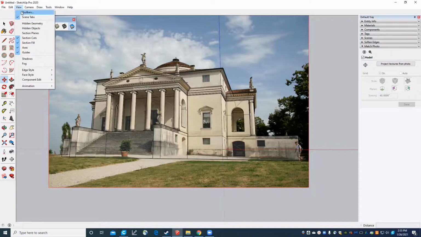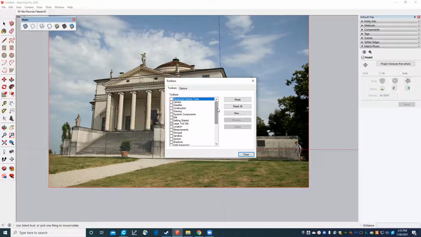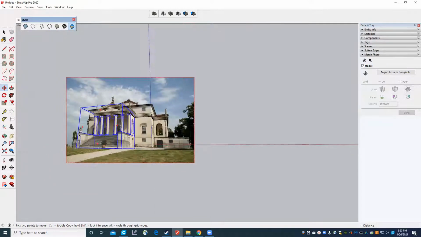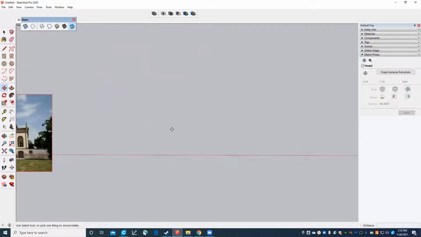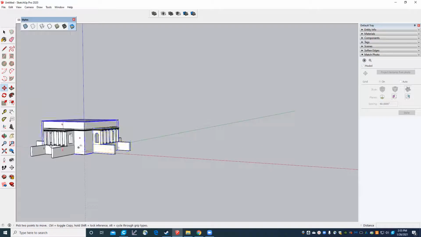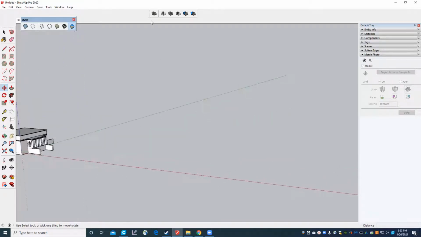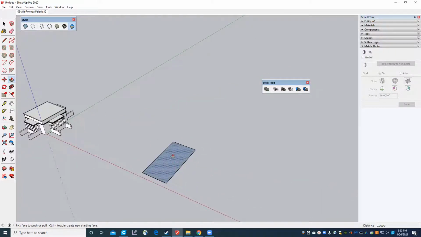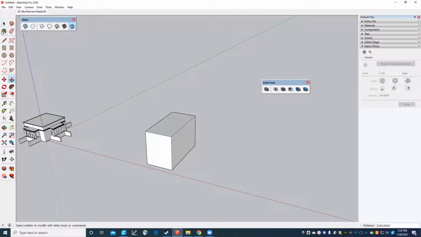One of the other things that we have in those toolbars that we turned on and turned off, which seems like ages ago, are these guys, the solid tools. And what the solid tools do is, we're going to go ahead and zoom off to this side here for a little bit. We're going to go back to our scratch space that we've been using, and I'll pull this a little closer. If we have a rectangle, let's say, let's pull it up,